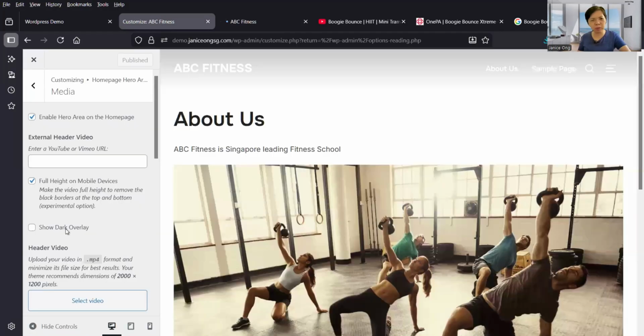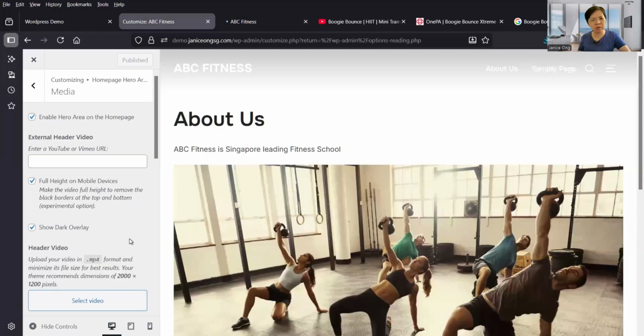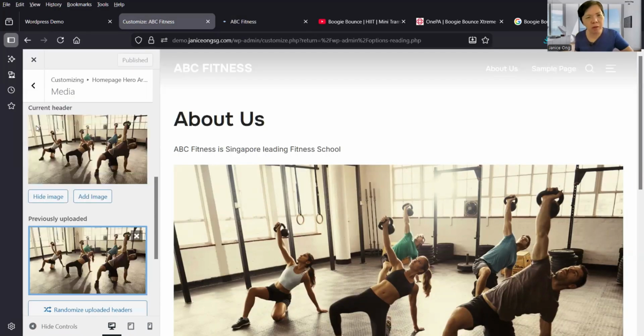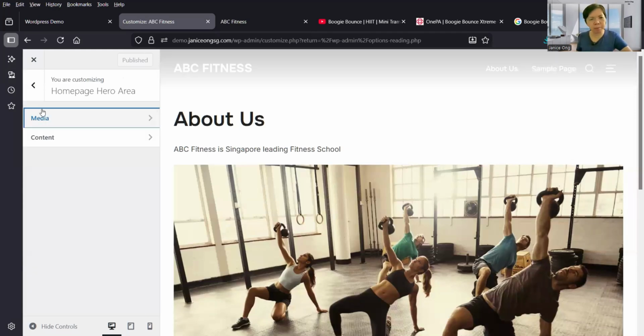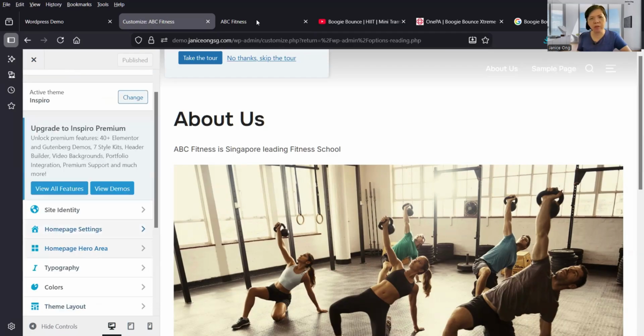So normally we will have the show dark overlay. Okay, the overlay, and then we refresh. So down here is actually your hero area. By the way, each team may or may not have this hero area. The windows over here is all different for each team. Some standard one will still show. Okay, so that's the